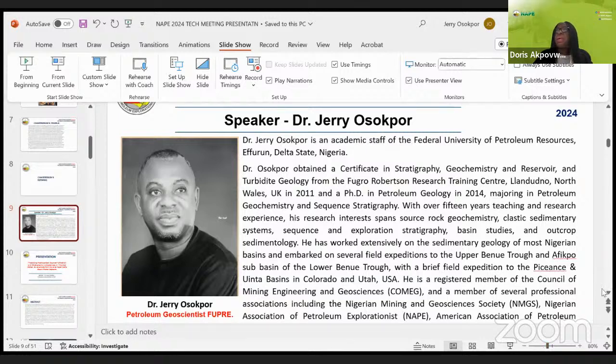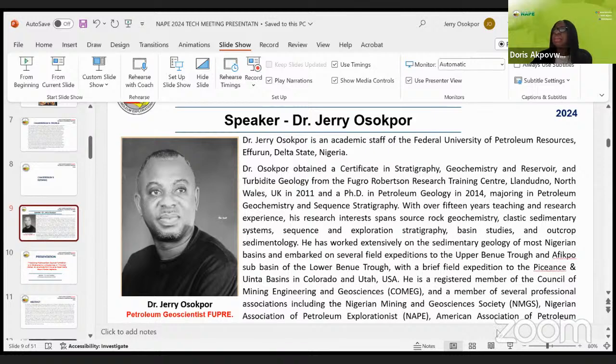All right. So Dr. Jerry Osokpor is an academic staff of the Federal University of Petroleum Resources, FUPRE, Niger Delta State, Nigeria. He obtained a certificate in stratigraphy, geochemistry, and reservoir and turbidite geology from the FUPRE Robertson Research Training Center,